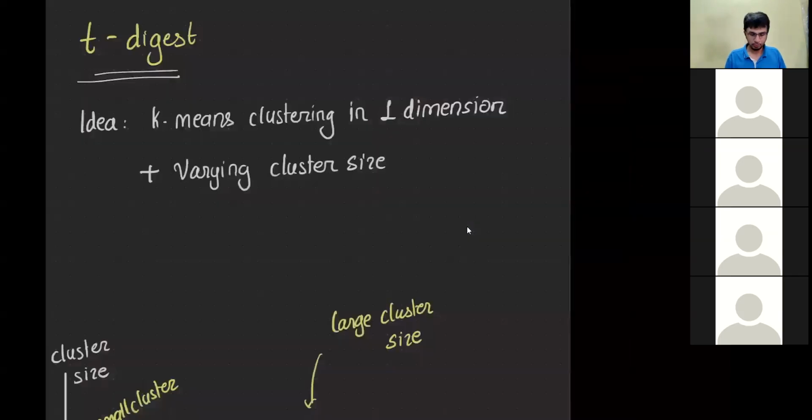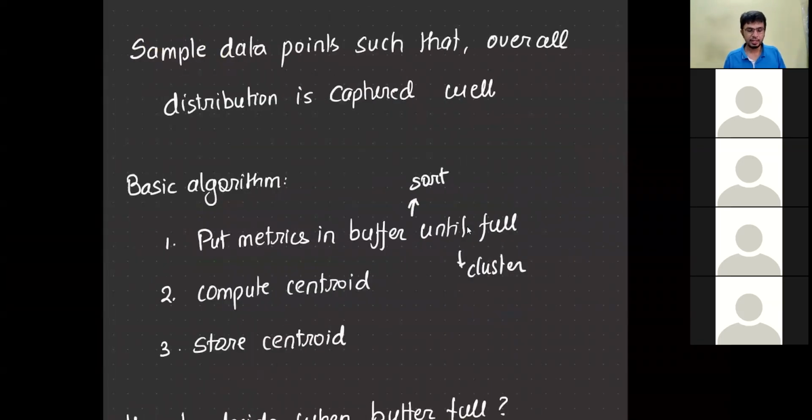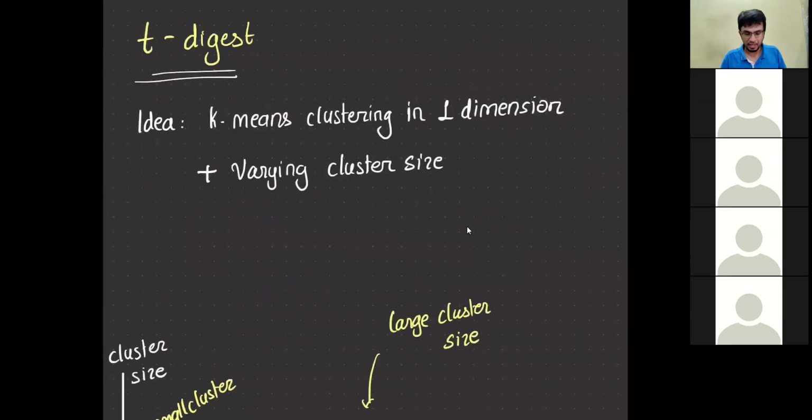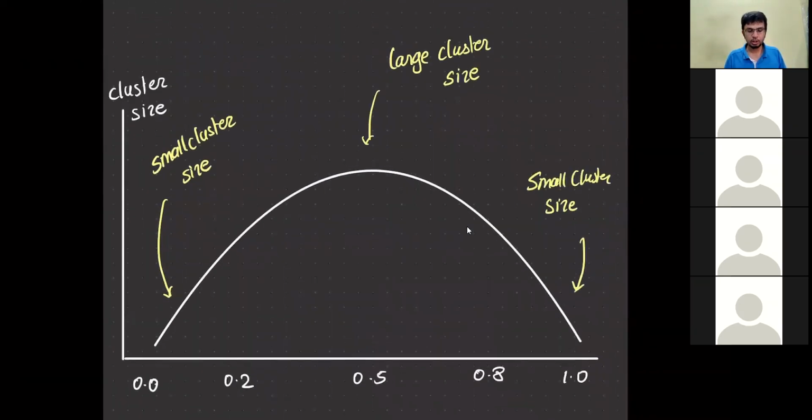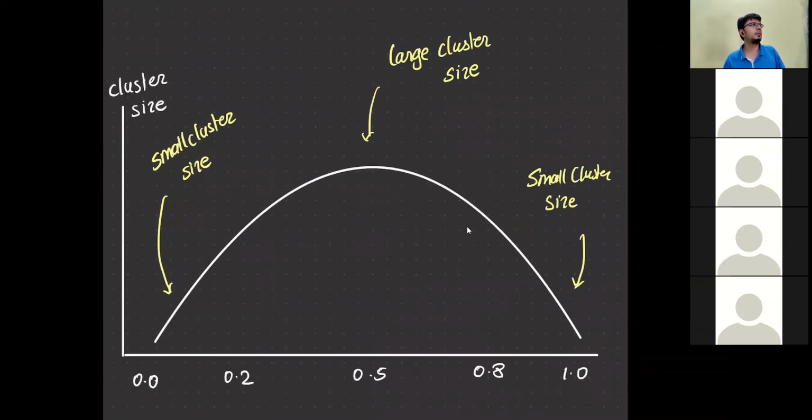So now let's say we have a sample data point. The idea is we sample the data points. Obviously when we want to compute, let's say, the response time, if you are storing all the data points, then you haven't saved space. And if you're doing the computation around all the points, then you can never save on time. You can only save on space and time when you sample the data.